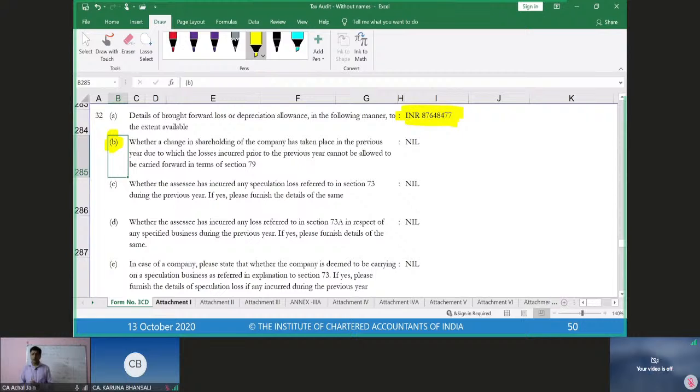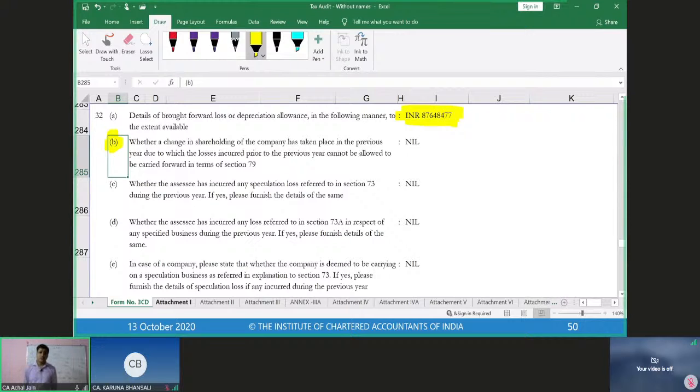Okay. Then, in respect of the change in shareholding which might have taken place during the year, how will the auditor get to know about it? Very simple. He can look at the secretarial records. He can verify all of these changes in the shareholding of the company from the secretarial records. These disclosures, in case these are significant, are also required to be disclosed in the financial statements. So from the financial statements also he'll be able to track down this information. All of these details are also available on some of the online portals. He can also have discussions with the management.